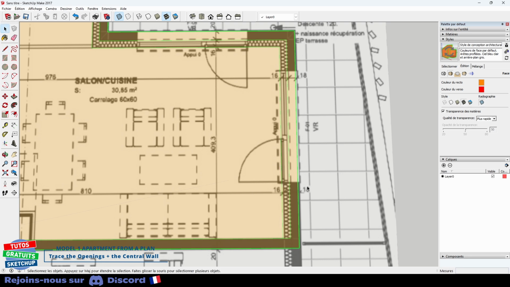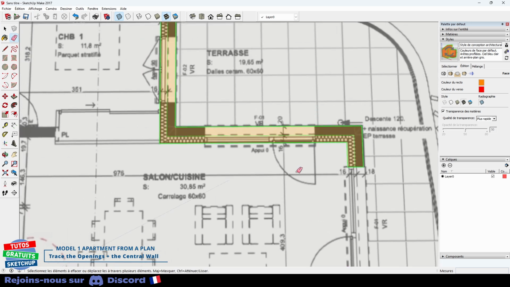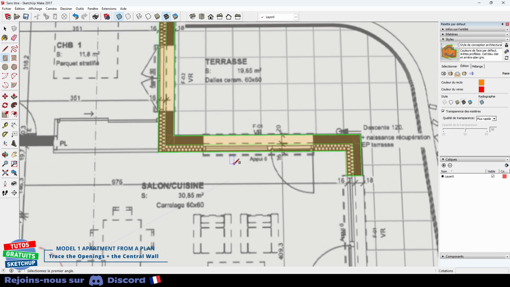Why? Because now if I take the rectangle tool, I'll go over here to the end that I just traced, and I'll trace over here to the second end, because you'll have done the same thing the other way around. Then I take the eraser. I delete my 3 edges. Same principle. Here I will do it without dimensions. You could have done the same thing if you had precise values. I will trace the other openings.